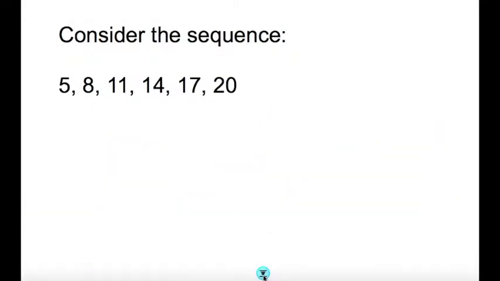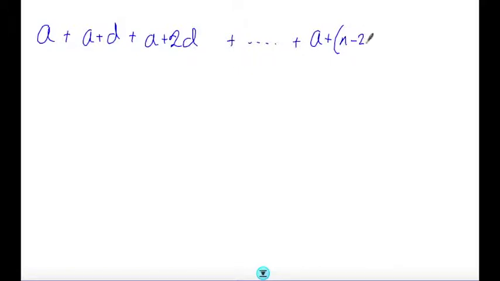So let's imagine in general a sequence is going to be a, a plus d, a plus 2d, a plus 3d, a plus 4d, all the way up to a plus (n minus 2) lots of d, and the last term is going to be a plus (n minus 1) lots of d. Now if we do what Gauss did, if we imagine flipping this sequence round and going backwards,